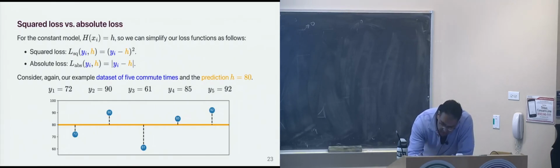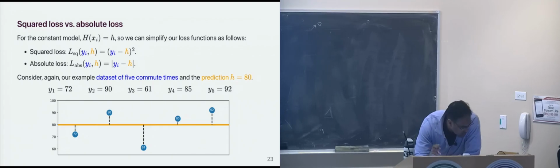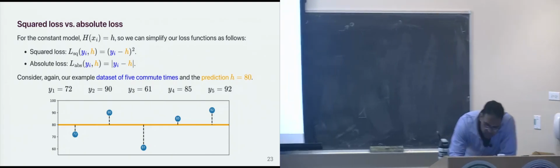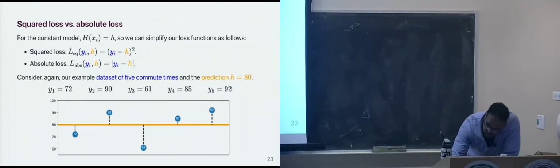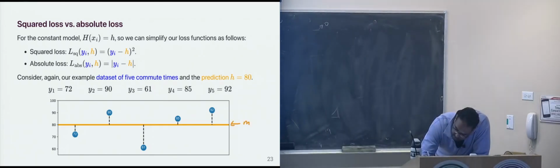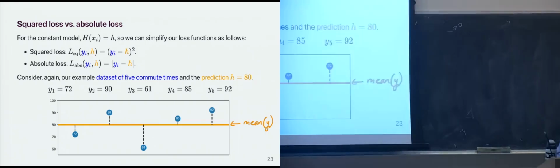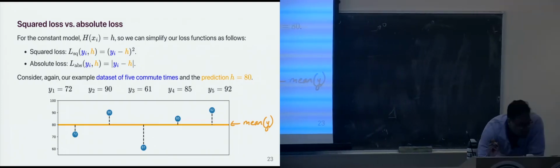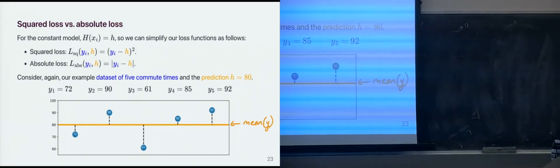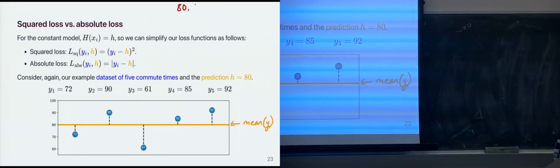What I'd like to do here is use our same data set of 5 commute times, 72, 61, 72, 85, 90, 92, and use the prediction h equals 80. Remember, 80 is the mean of all the y's, okay? Which means it is the prediction that minimizes the average of the squared losses. So 80, which is the mean